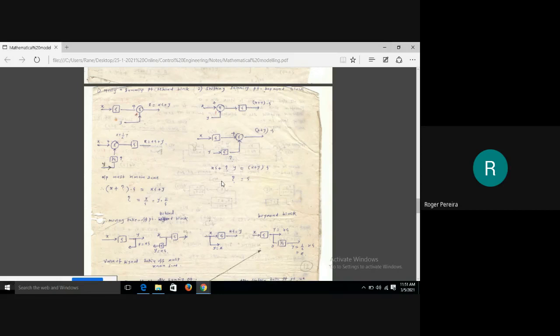I want to shift this now summing point beyond the block. My input signal remains the same, that is x. See here, I am adding a block here. My output should remain the same. So here I get xg